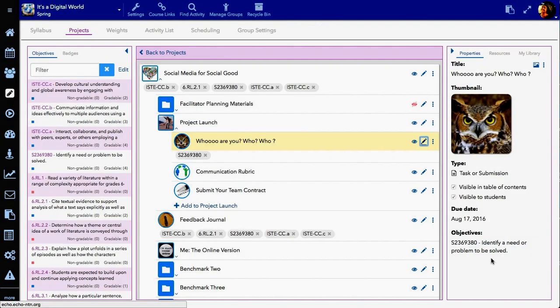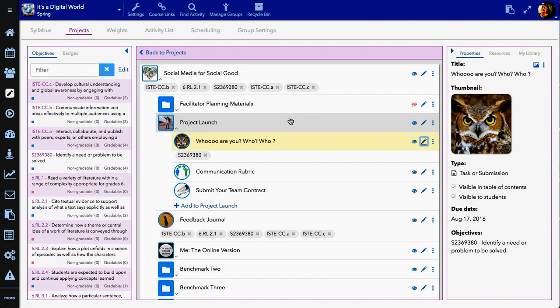Now, a couple other things to keep in mind. If this folder is marked visible, but everything in it is marked invisible, the folder won't show up. Echo is not going to show an empty folder. So you really have to check visibility in 3 depths: the project, the folder, and the activities. So you have 3 places you need to check to make sure that everything is working right